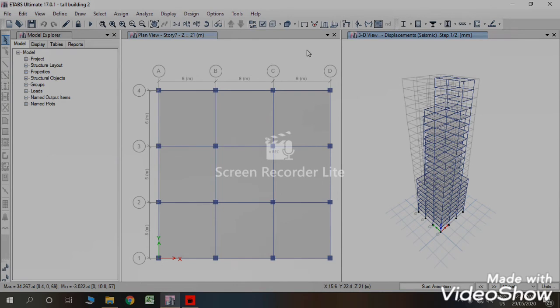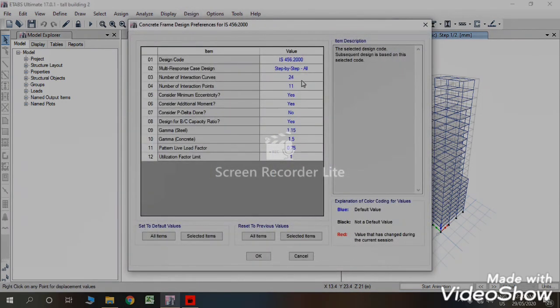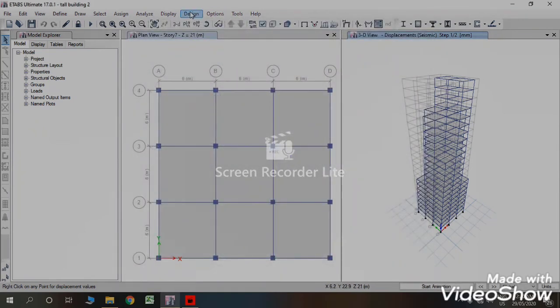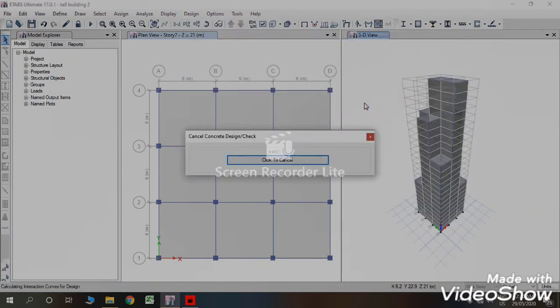After this, go to design. Check whether IS456 is selected, then again go to design, select start design or check.